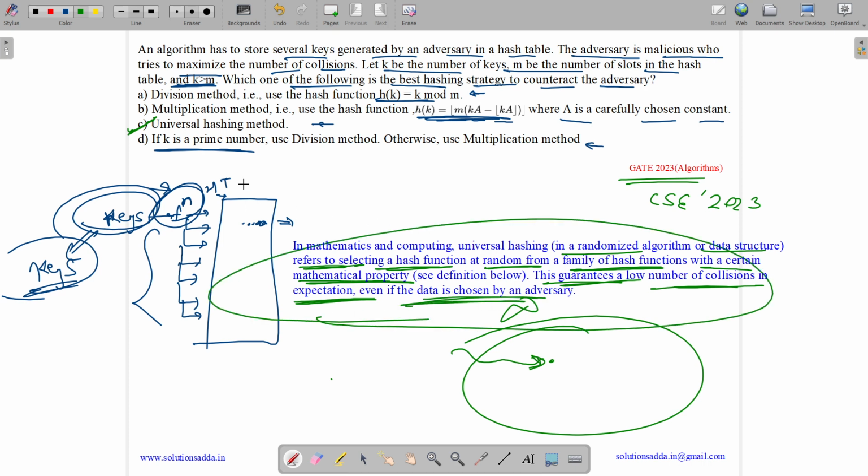So basically the question is just asking what's the definition of a universal hash function. We are using a mathematical function to choose a hash function out of a family which guarantees the minimum collision. So a universal hash function internally guarantees the minimum collision based on mathematical functions. So the answer is option C.